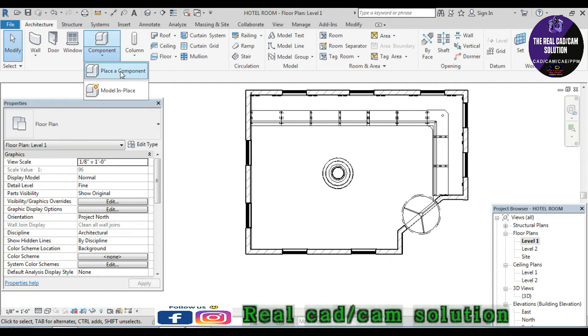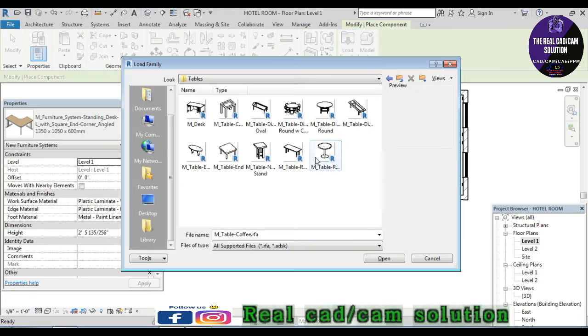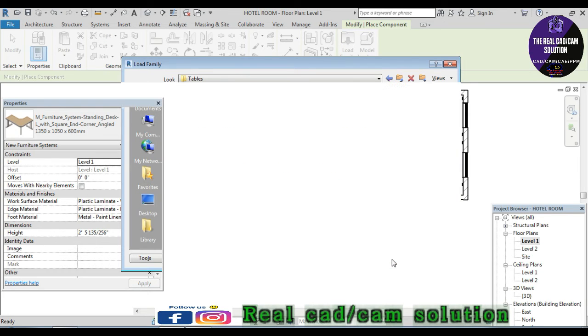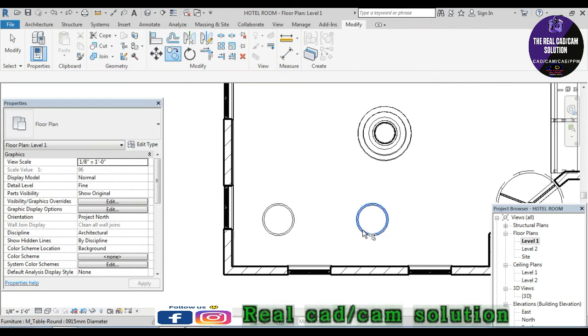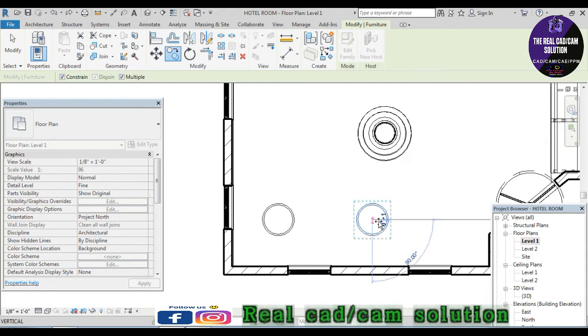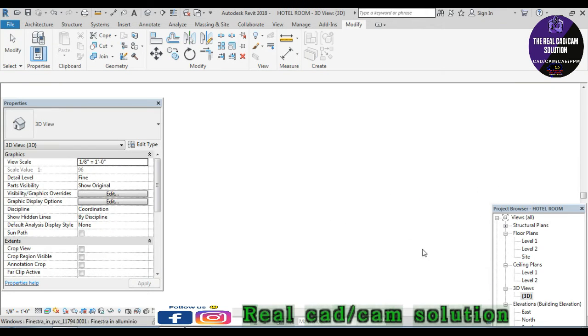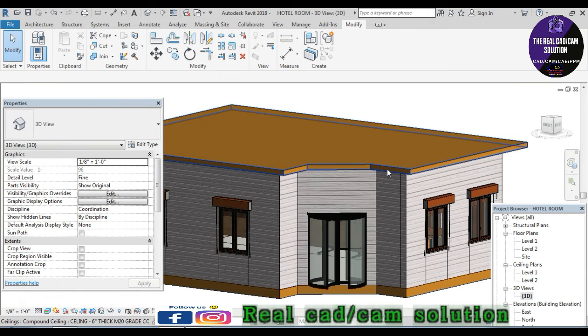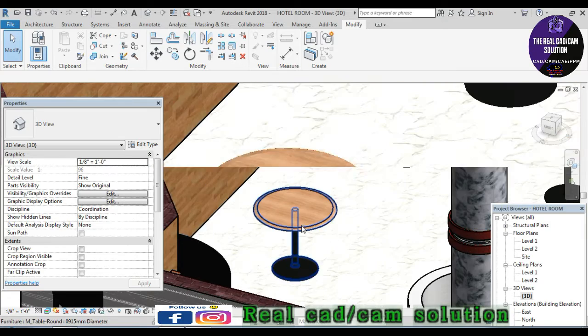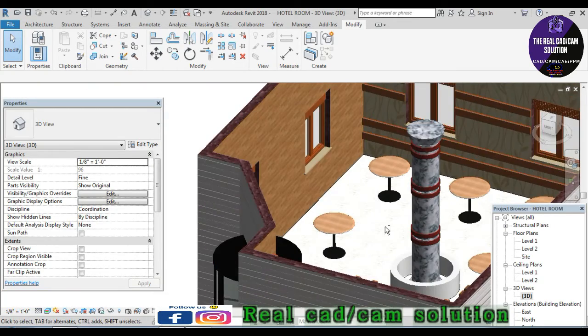Okay, and make my place a component, like my tables and chairs. It's a circular table. I just proceed to interior all of the section. Let's see the 3D view. I just copy it to all the sections. Just see the 3D view. It's nice. It's really nice. Okay, it's looking great.